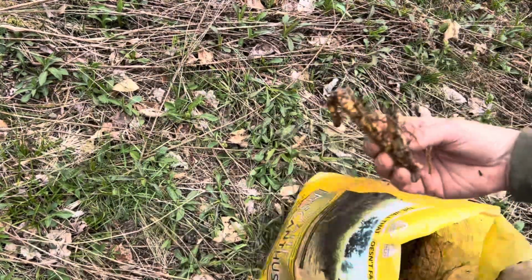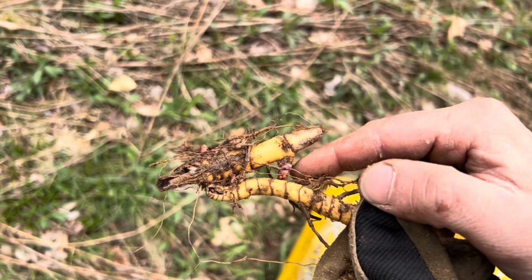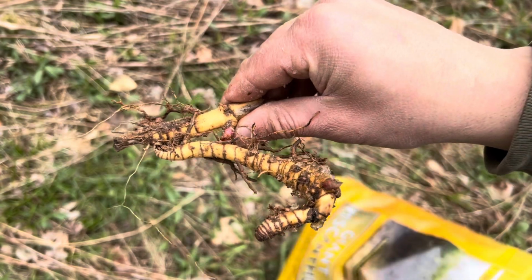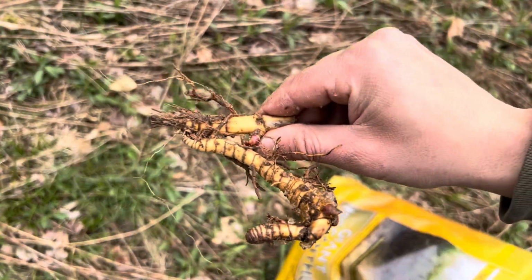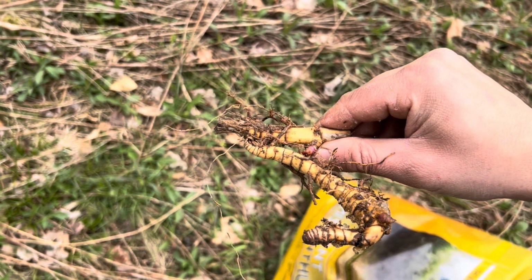And here's like a big one. So if we look, see, that's one of the stems, pink, and some of them will be green, that are trying to grow straight up. So we're going to put this right in the ground like this. That would be one rhizome. And we're just going to make the wall straight across. We don't need a big hole. You just need like a 3-inch deep loose dirt top to cover these and get them going, and they will